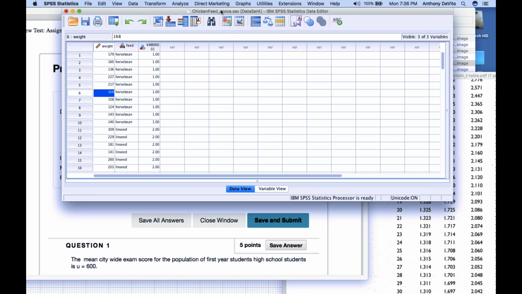Let me go back to this problem with the chicken feed and the mean weights for the different kinds of chicken feed, six or seven different categories of chicken feed. I made up another variable here, which is 1 represents horse beans and 2 represents linseed and so on and so forth. Analysis of variance likes to use numbers rather than